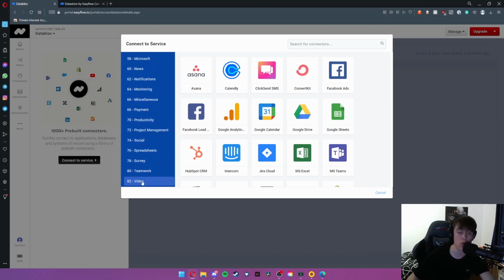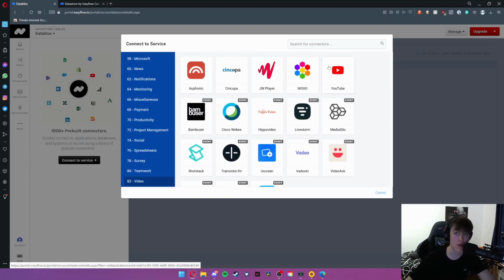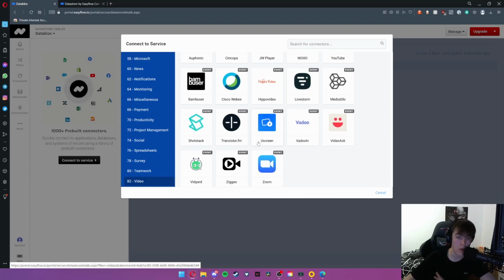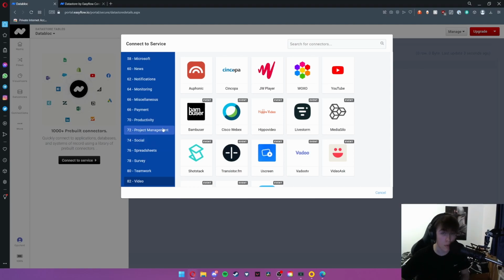There are 82 different categories, and then inside you have a plethora. So as you can see, we have YouTube, Orphonic, Bambusa, Video Ask, even Zoom. There's a lot of things that you can do here and connect to different services. Essentially, if you wanted to automate something, the chances are this would have an automation